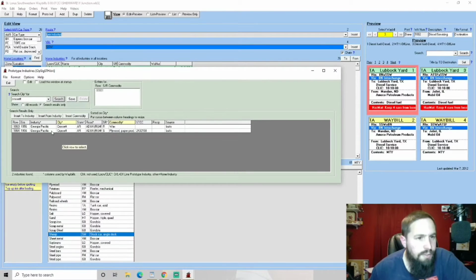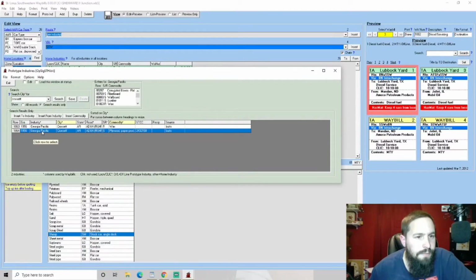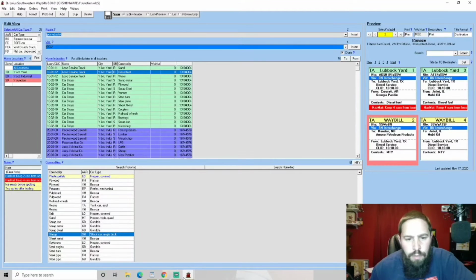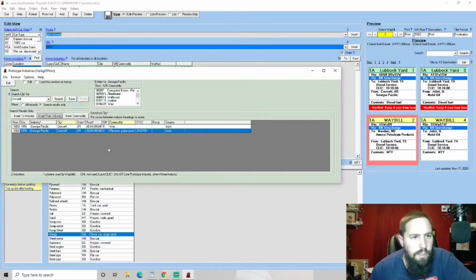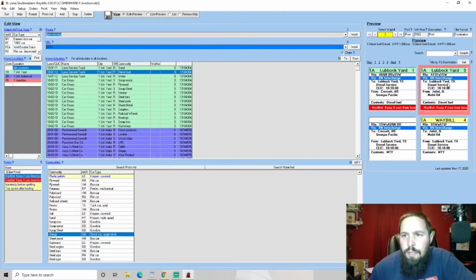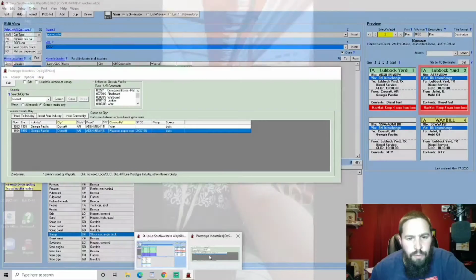And this box car is going to be coming from Georgia Pacific. So I want to insert this from. Alright. And so this would actually be coming from the AD&N. And let's see, I'm going to go ahead and come down here. And this is where it's going to go to. So let's insert a to industry. And then here we are going to show